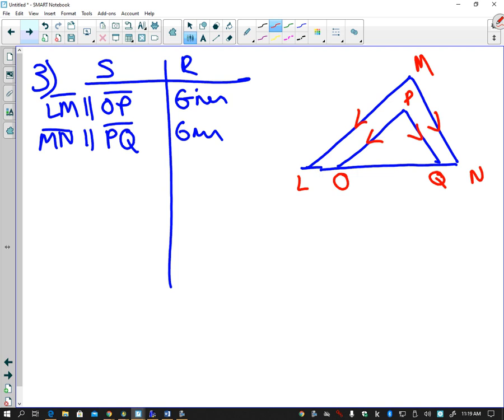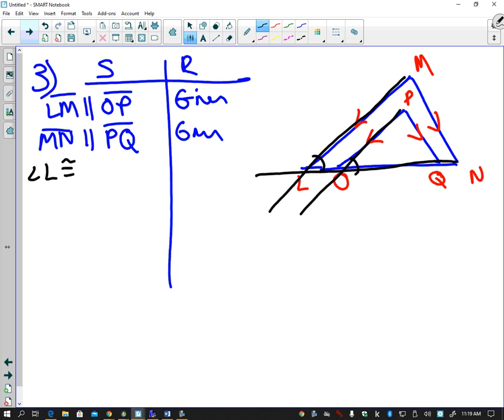Now this is what is hard for you to see, so I'm going to draw this in. This is a geometry principle. What I have there is two parallel lines cut by a transversal. Do we see that now? This angle and this angle are congruent because two parallel lines cut by a transversal have corresponding angles congruent. So I can say that angle L is congruent to angle,